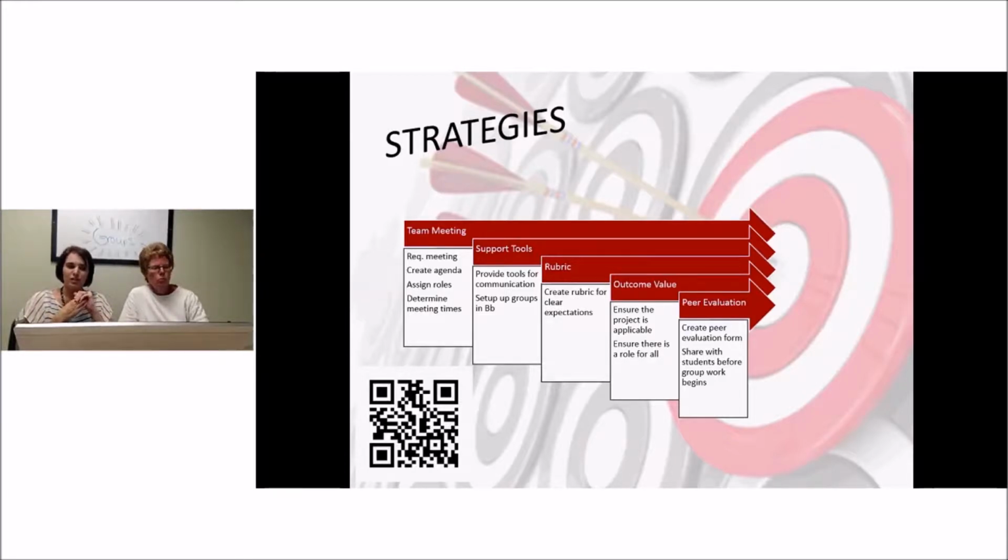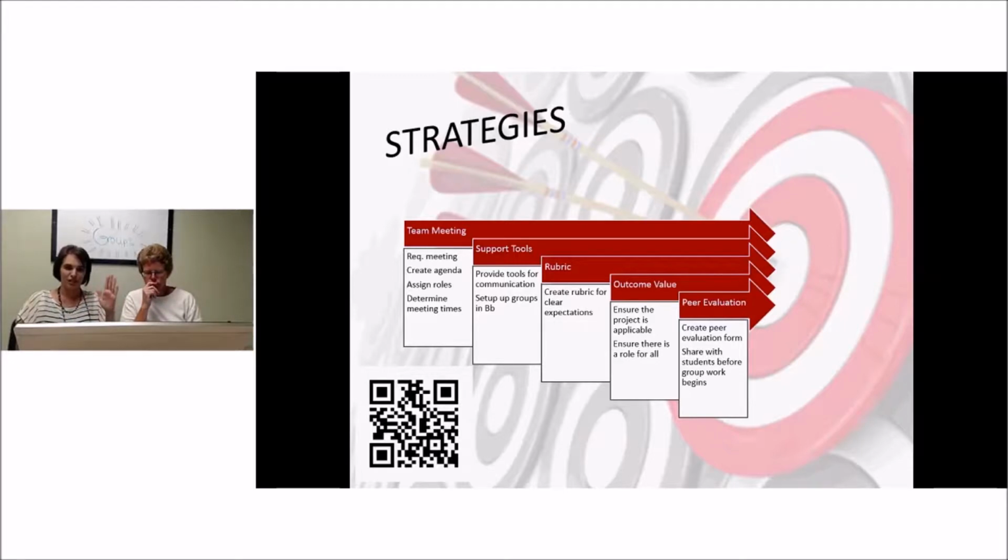Peer evaluation scares people a lot, but I think it's important that the peers evaluate each other. Now, there's choices here. You can choose to make the peer evaluation a part of the grade, or you can choose to say every team member is going to get the same grade no matter what, or every team member gets the same grade for the project, but then there's a participation grade that sits outside. There's different ways to approach grading a group, but I do think it's very valuable,